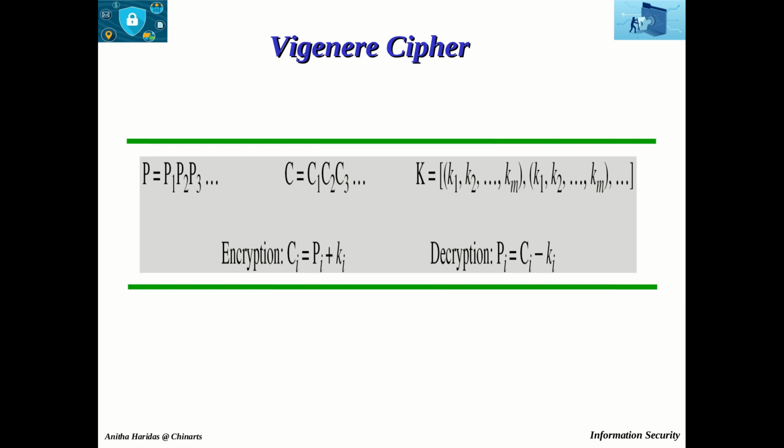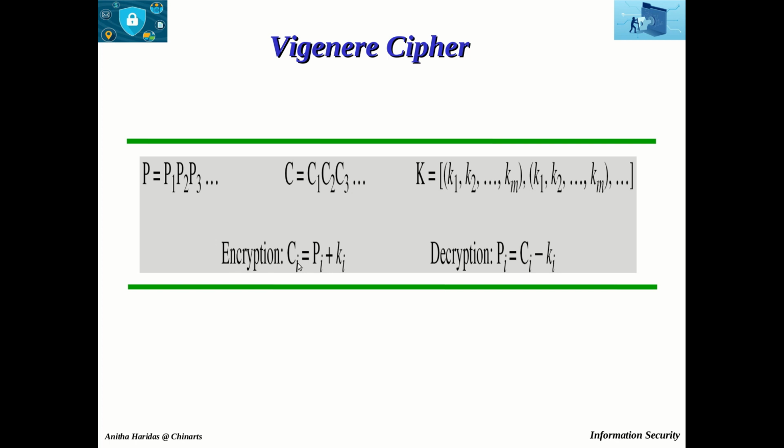Now, in the Vigenere cipher, the key stream will be a repetition of an initial secret key stream of length m. So, say for example, if the length is m, the initial key stream will be k1, k2 up to km, and the same set of characters will be used in the key stream again and again to encrypt the plain text.